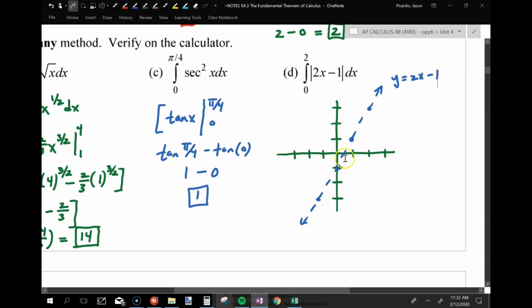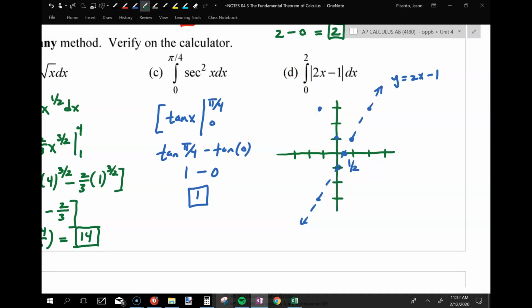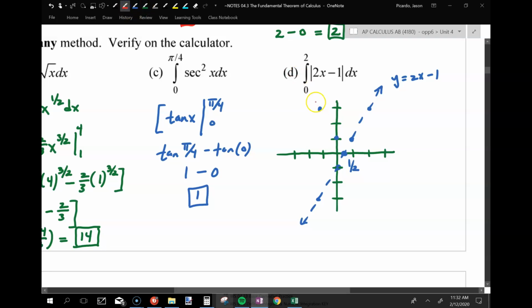Yeah, so the idea of finding the root, right? And having that be the point where this thing pops back up, right? Well, what's the root? Where does this cross? At a half, yeah. So this crosses at a half, which means it pops up here and looks like this. Boom,